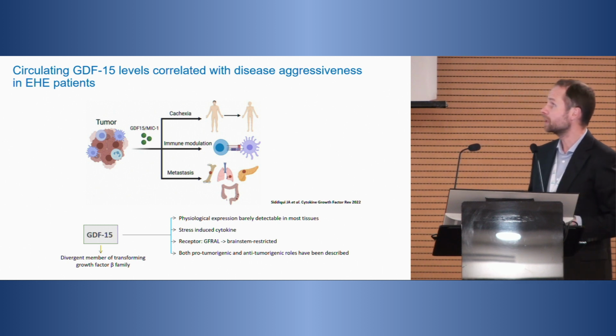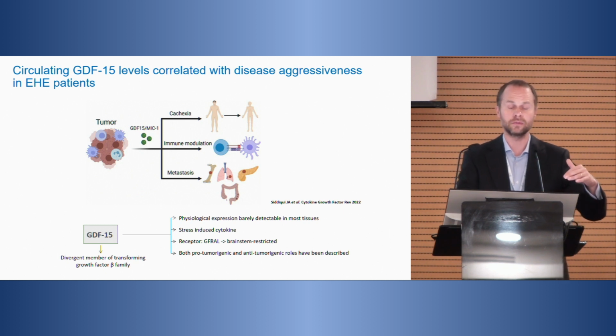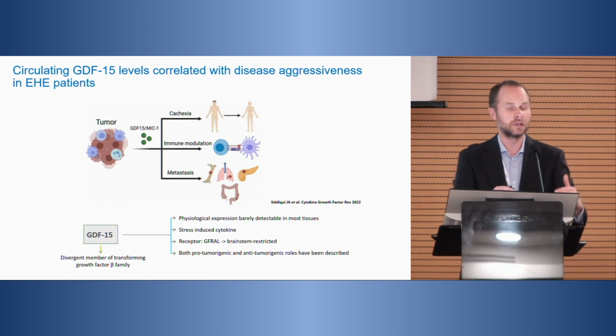Another important point is the immune modulation effect of GDF15. For instance, in other diseases such as urological malignancies, they realized that patients who were not responding to immunotherapy had high levels of GDF15, not circulating GDF15, but in the tumor this time. And so they used a drug to target GDF15, right? And the effect of immunotherapy was higher. And this was a phase 1 study, and there's an ongoing phase 2 study now. So it's an interesting immune modulator.